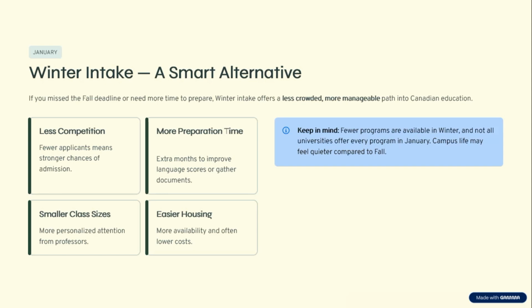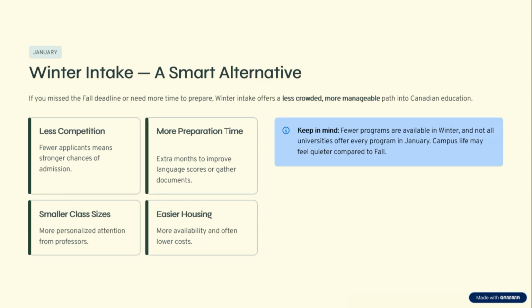You might miss some opportunities, like the scholarship programs are not going to be there, but other things are the same. It's just going to be a difference in the time you go to do your study. So one of the exceptional opportunities of the winter intake is less competition, fewer applicants. We don't have a lot of applicants like the fall. A lot of students don't apply to the winter intake because they've already applied to fall, and if they fail, they're going to apply next year in the fall, which is really not a good thing to do.